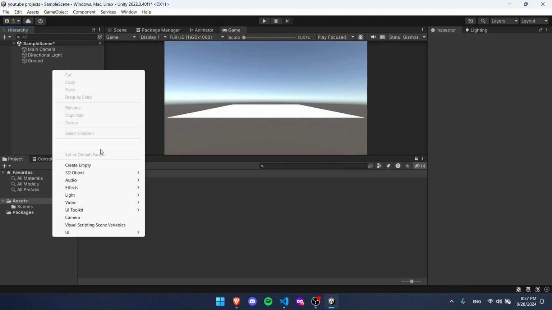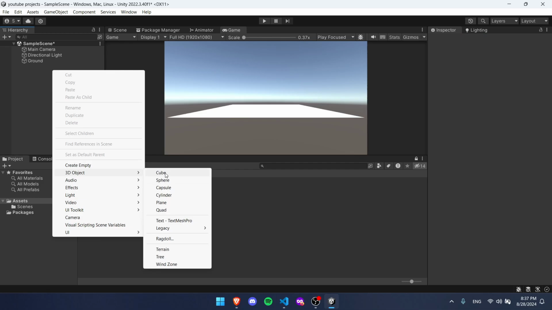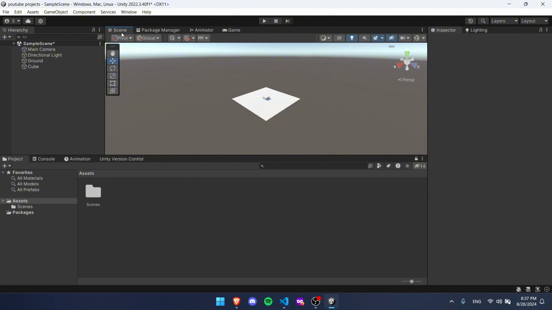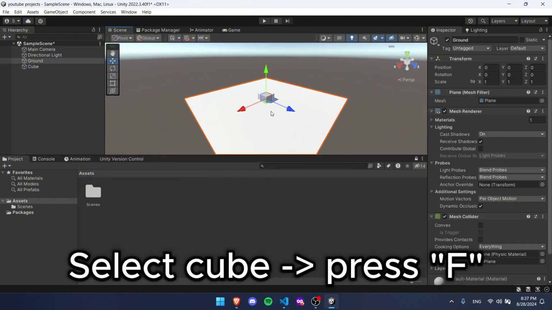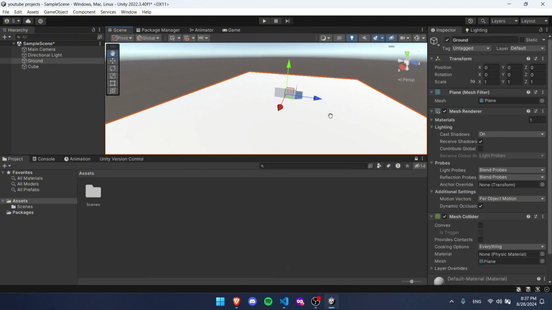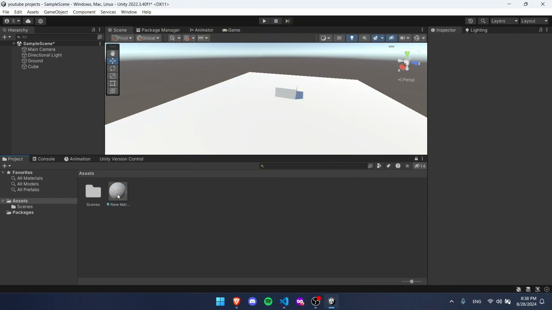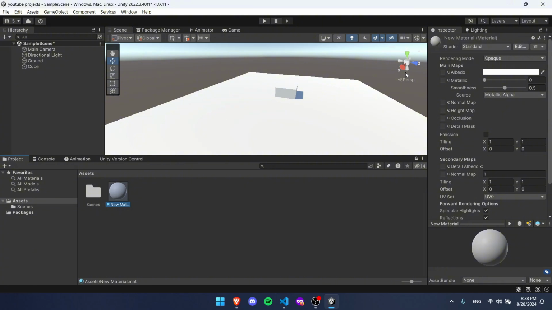And now we're going to add maybe, let's see, a cube, and this is going to be our cube right here. Oh, let's go to scene view, and that's our cube. I'm pressing F right now so I can zoom into it. Now we're going to create a material for it. So we're just gonna, I don't really care what it's called, drag it onto there and change its color in